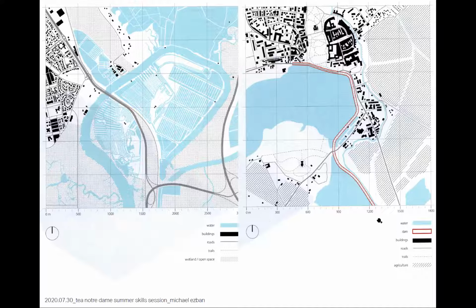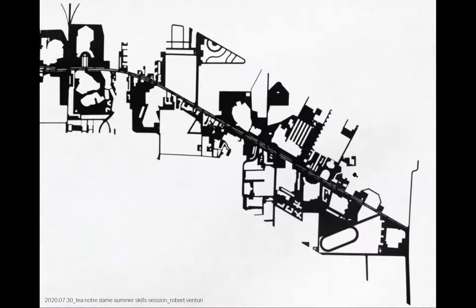This graphic scale at the bottom allows you to measure every aspect of this plan. And then here's a little bit more of an abstract example of a plan. It kind of shows you how flexible each drawing type really can be. This was developed by a Yale professor named Robert Venturi when he took his architecture studio to Las Vegas. And it was this kind of groundbreaking study of the parking lots in Las Vegas. And it totally transformed American design and the design of the themed entertainment industry for that matter.